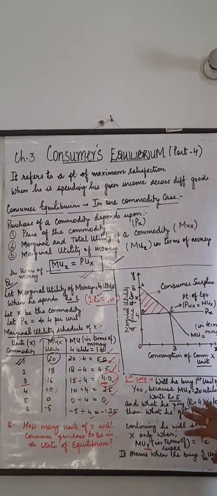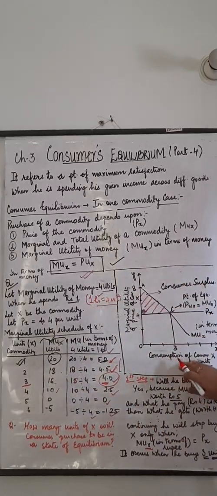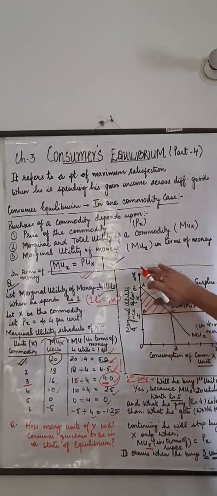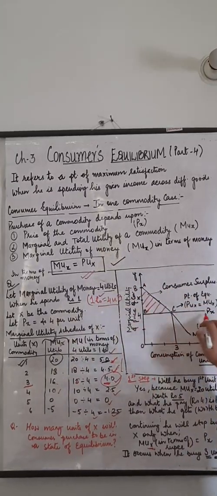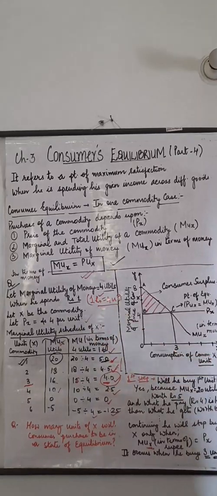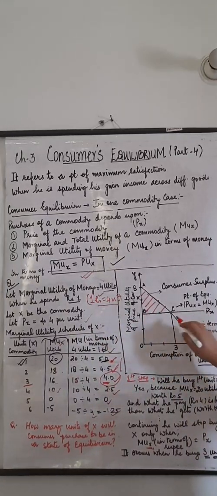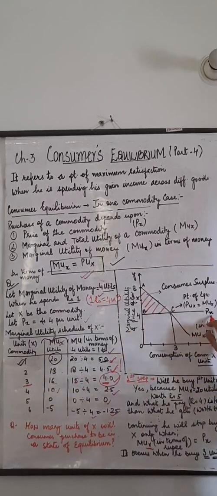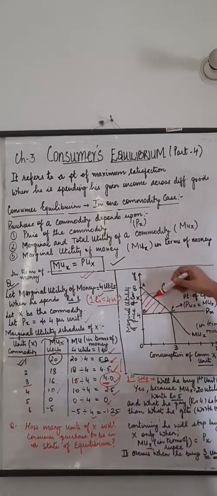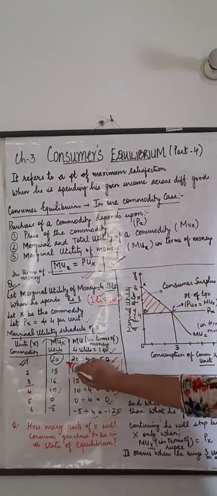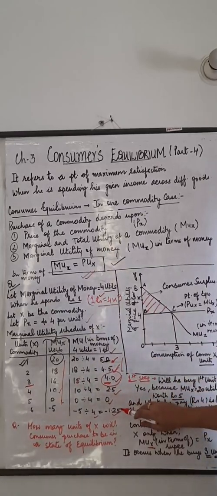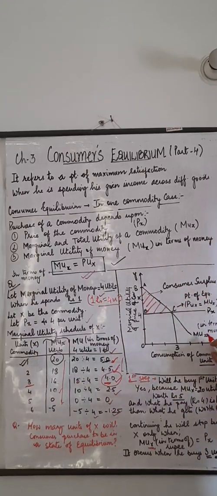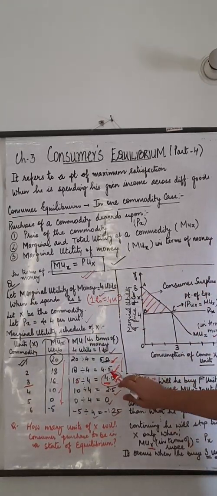Understood? So, with this concept, we have framed this graph. On the x-axis, consumption of the commodity is taken, and on the y-axis, marginal utility and the price of the commodity are taken. Px is constant as it is rupees 4 per unit. So we have drawn a straight line parallel to the x-axis showing that Px is constant. MU is declining, you can see that it will decline. This is also declining. So this is MUX in terms of money, 4.5 this much.